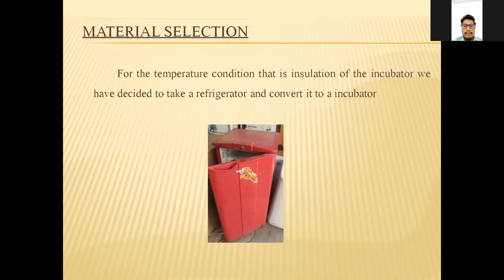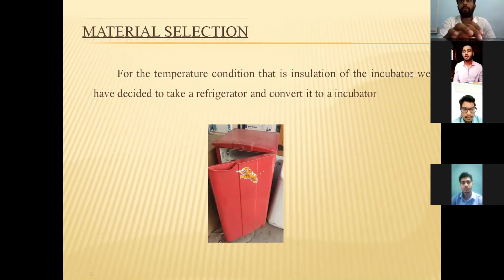So for the chamber, we had thought to make the chamber out of fiber, but in that we were missing some part, like how to insulate the whole chamber, because the temperature will be changing. So here we thought to change it to a fridge. A refrigerator is the best because it is sealed, so there will be no problem of CO2 leaking. Then it has an insulated chamber inside it, so we can maintain a temperature of 37 degrees without heat loss.